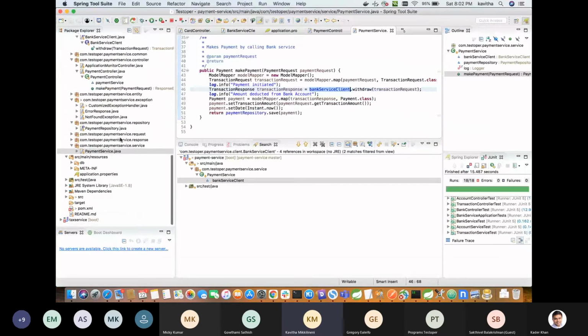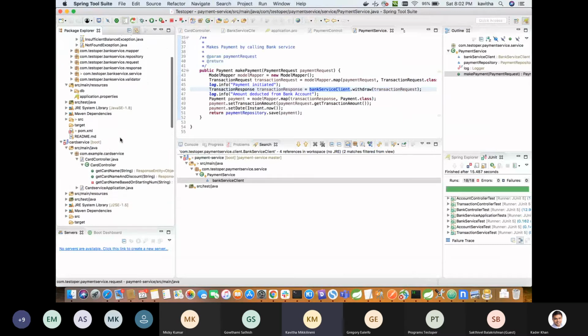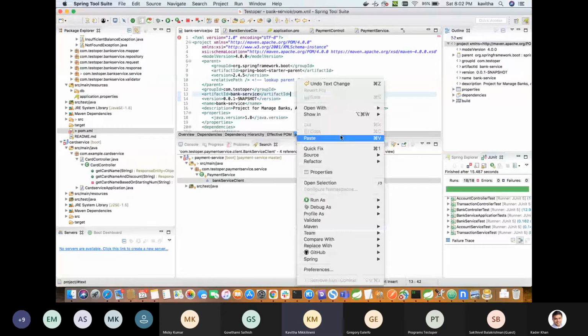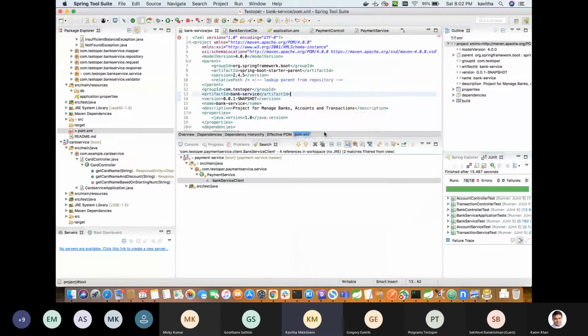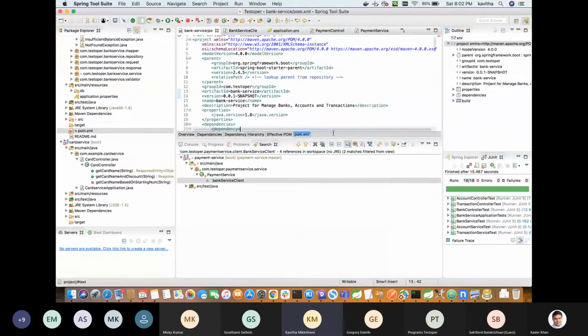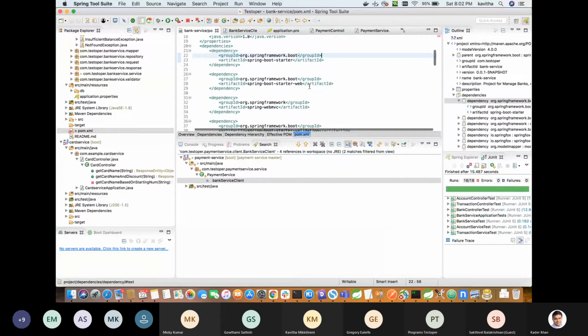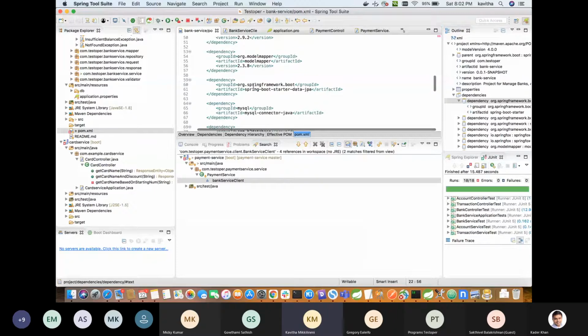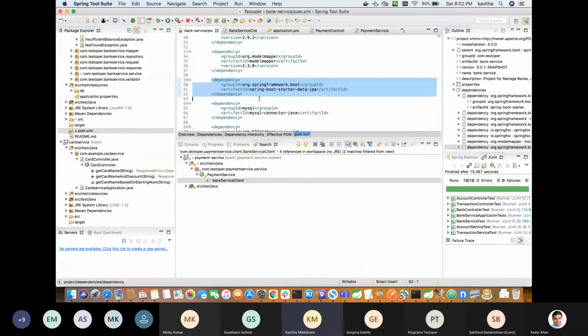So initially, we will go to the pom.xml, where we have to include the JPA dependency. I am using a local SQL for this setup.